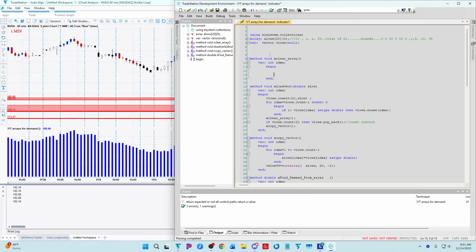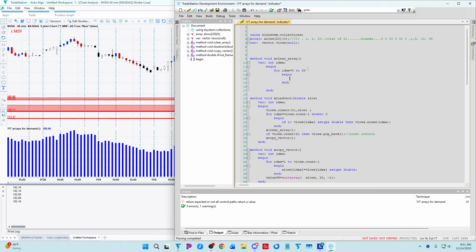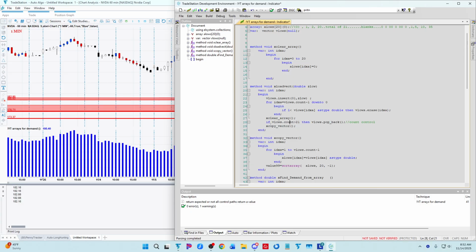All right, so for IDX equals 0 to 20, we're going to go through all 20 of these indexes. Begin in ALOS of the index is equal to 0. And so now we cleared the array, and then we can copy the vector over into a clear array. All right, so